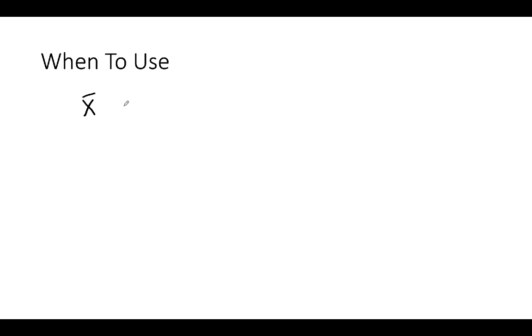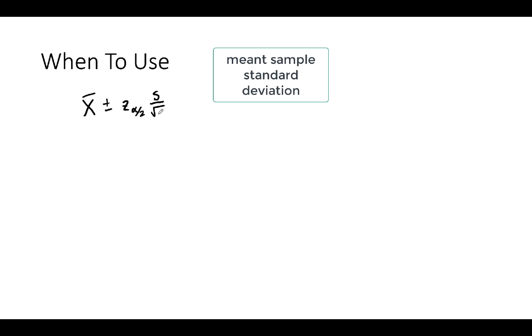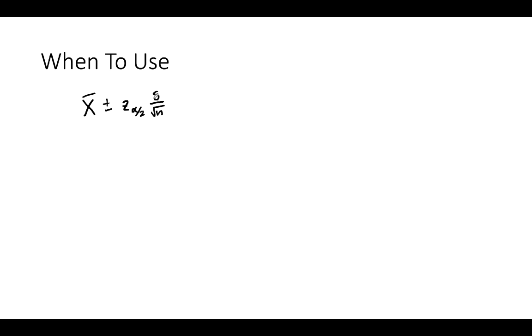We created confidence intervals by taking a sample mean and then adding plus or minus the z-score of alpha over 2. Remember, alpha is the percent likely, which is 1 minus your confidence value. That is multiplied by your sample standard deviation over the square root of your sample size. But there was one limitation here: n had to be